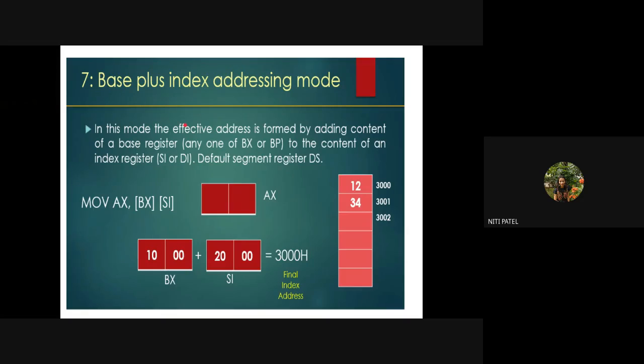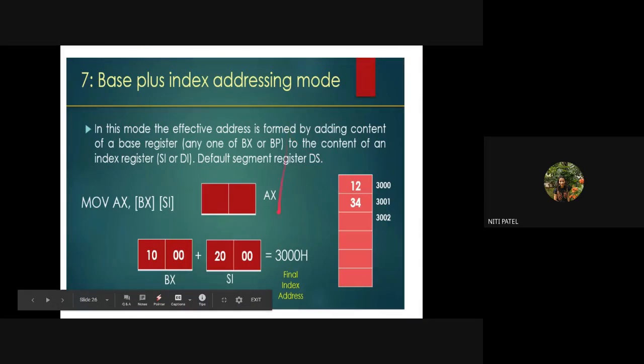Yes, ma'am, here there is no comma between the base register and the index register. So I have written it wrong. Okay, my instruction should be MOV CX, [BX+DI]. Why there is no comma and why there is plus, that is what we will talk about now. If I put a comma, it becomes two separate registers. I don't want to make them separate, but I want to add them. Therefore, I have written plus over here.